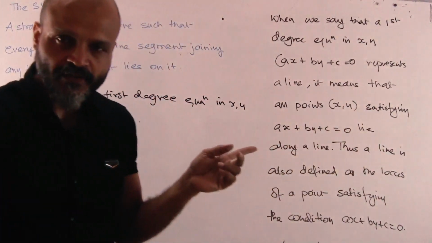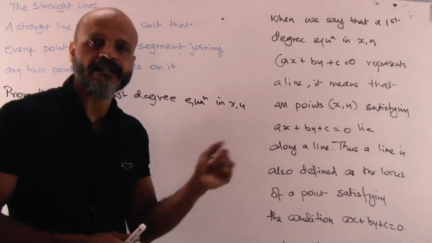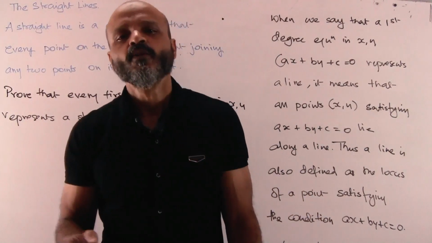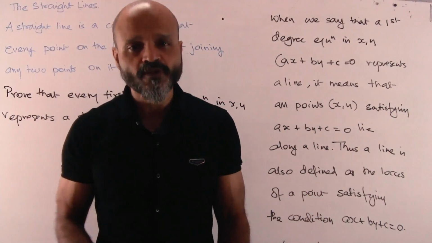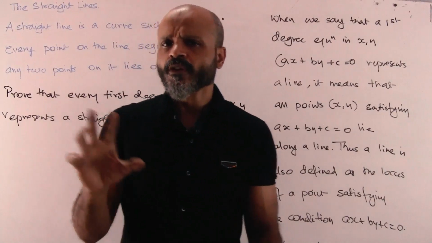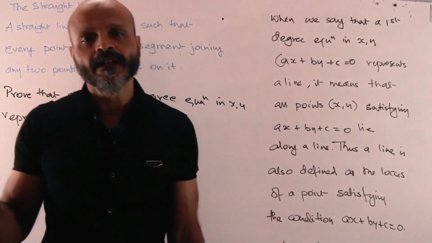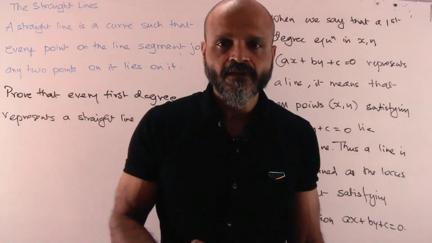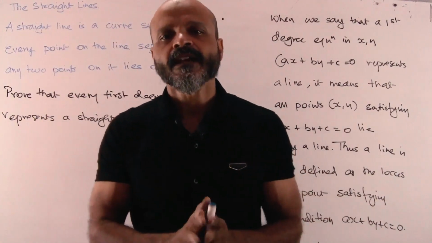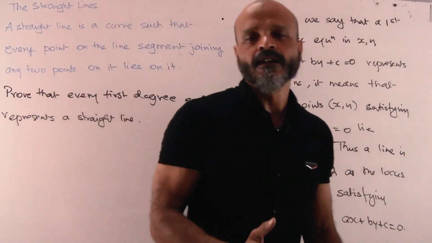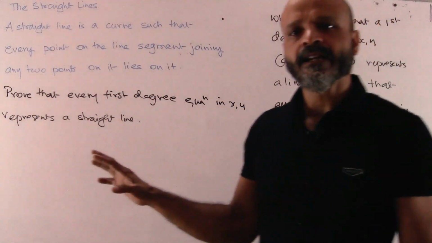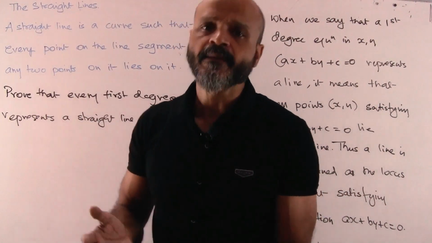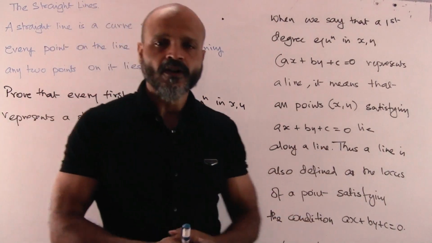We are going to start with a new chapter on mathematics, the straight lines. In many boards, for example, in CBSE, it is in the 11th standard, whereas in many of the state boards, it is in the 12th standard. A lot of concepts in straight lines are from the 10th standard itself, and we will go ahead and prove some theorems, have clarity on it, and at the end of the chapter we will try and solve some problems which have come in previous years' engineering examinations of IIT and others.